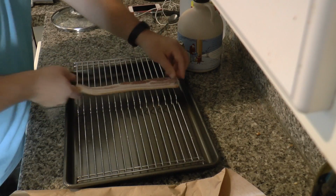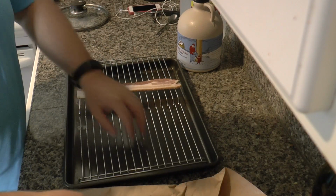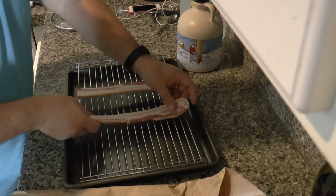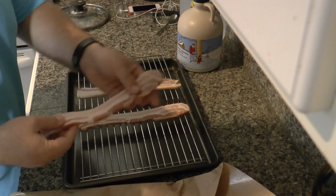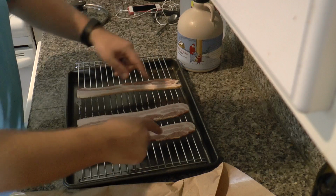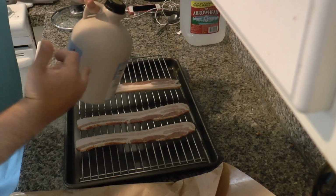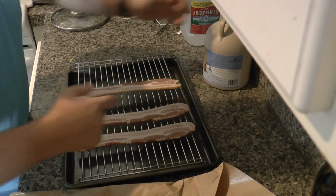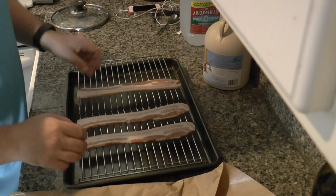All right, I'm going to cook the bacon for our Patriots-inspired burger on a tray elevated above a rack here, right in the oven, 350 degrees. This is a great way to incorporate another Vermont product or New England product. I'm going to let this go for about 20 minutes or so. It's going to get about 80-90% of the way cooked, and I've got a little bit of Vermont maple syrup right here. Once it's cooked, I'm going to glaze this bacon,